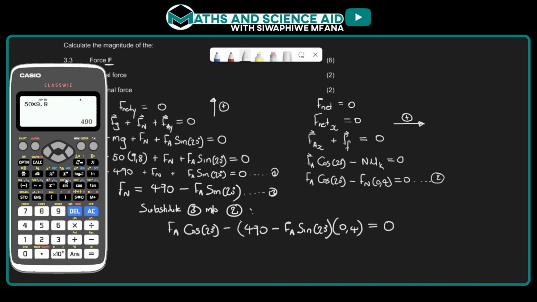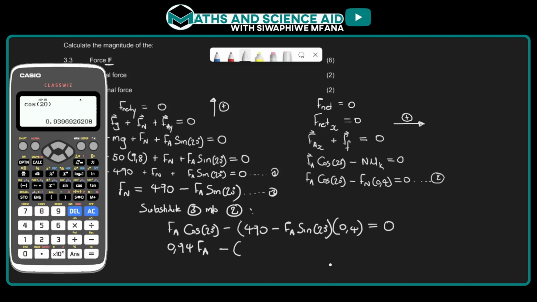And so what is cosine of 20? So this is 0,939, and we can just write it as 0,94. So it means that we will have 0,94 Fa. Okay, and now here, to avoid confusion, let's start by multiplying these terms by 0,4